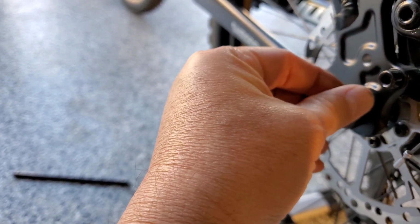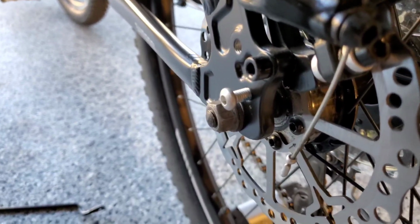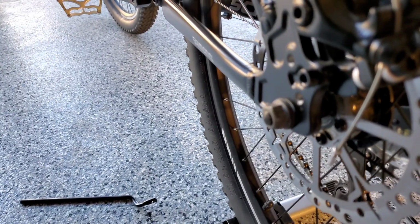Get in there. Of course, it's going to be difficult. Come on. All right, so as you see, got it started. Come on, focus. All right, so got it started, but yeah, this is an M6. So now I need to go back to the hardware store and pick up an M6 by 30, I think it is. But as I was measuring,